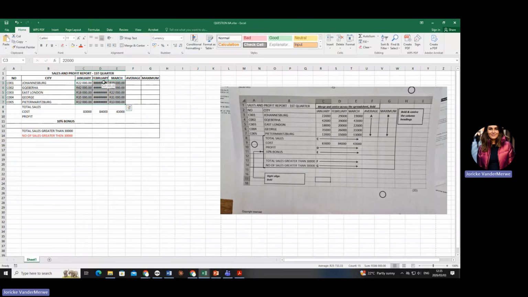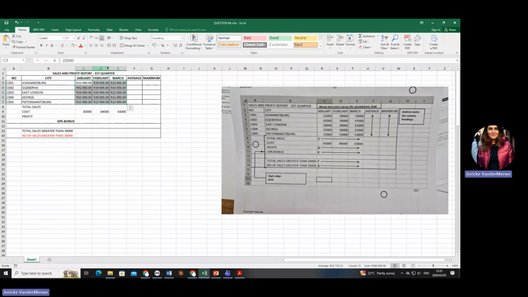There's an error message showing that my column is not big enough for my content to be displayed, so I need to make it bigger. Are you with me? Okay, let's start. Can you see this also obviously needs to go into currency?